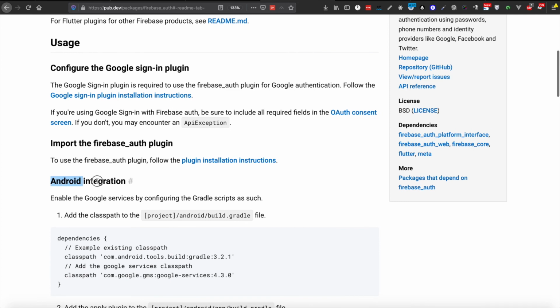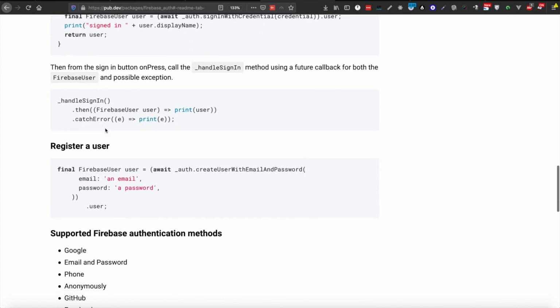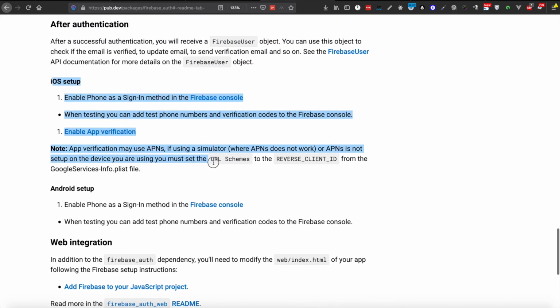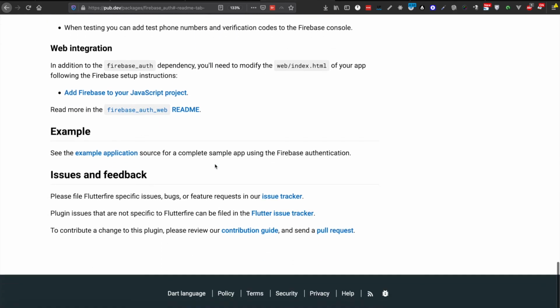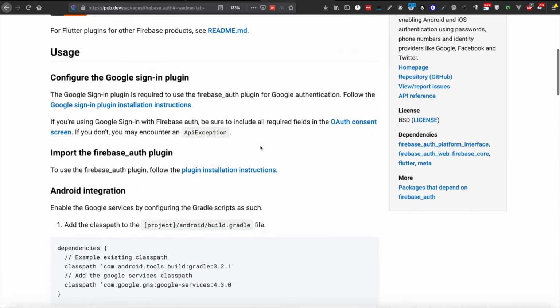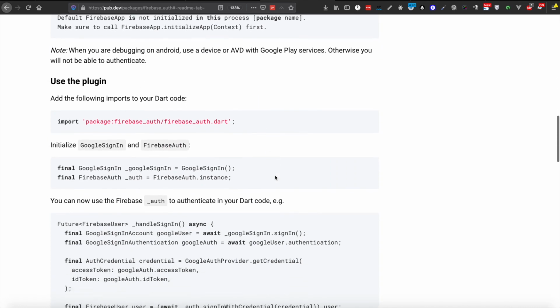We just executed this part, and you can do it for iOS as well following these steps. They are already mentioned in there, or you can always comment on my video and I will create another video